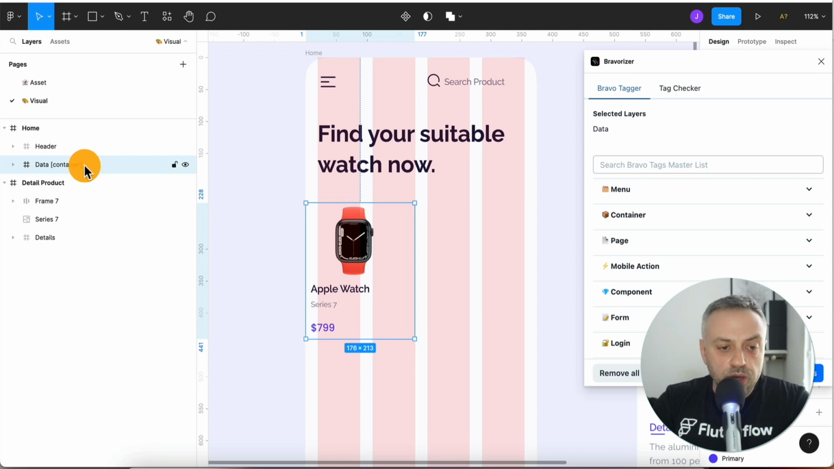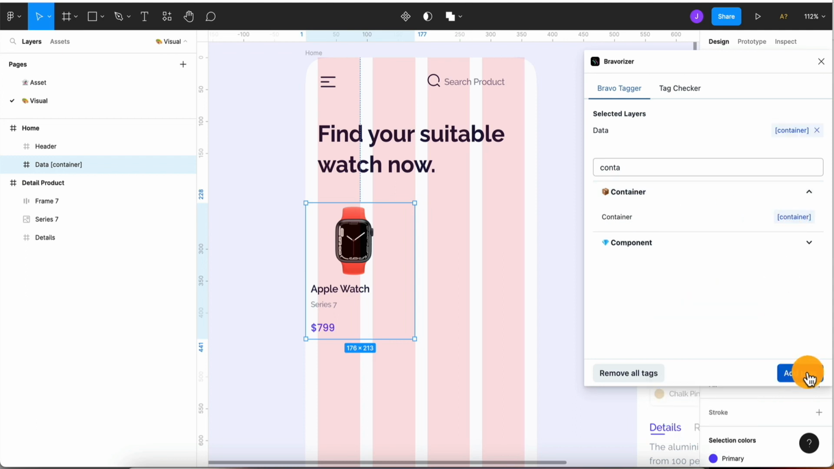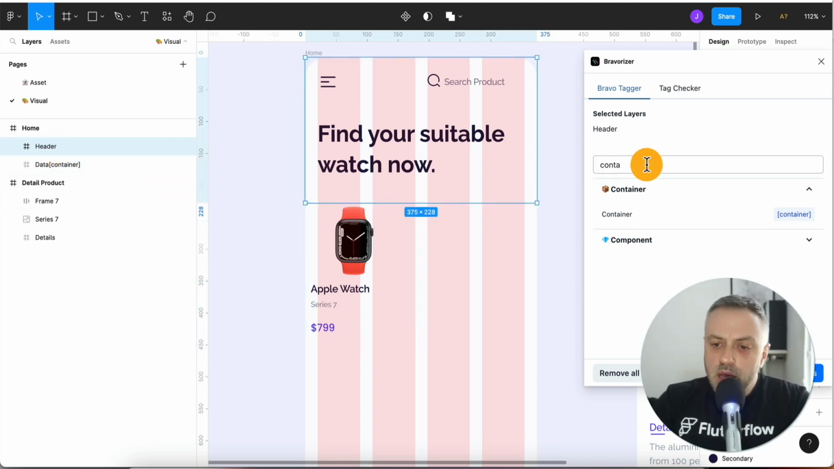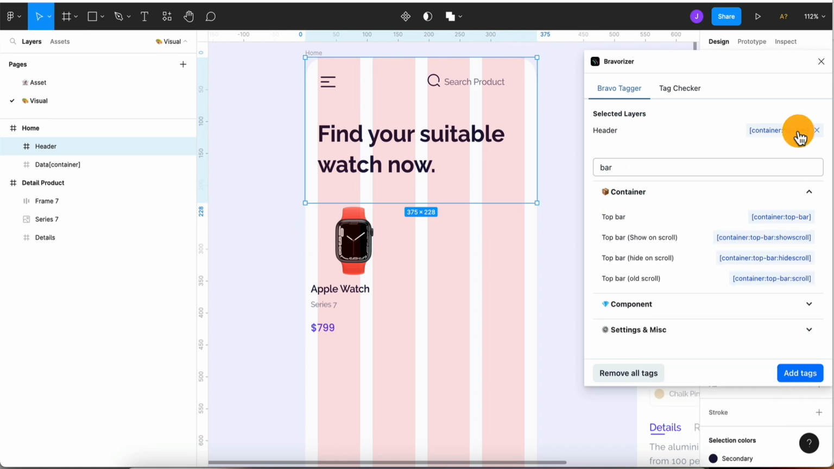Okay, another way of doing it is by clicking this container, coming in here and just searching for container. I found the container, picking this tag and saying add tag. Okay, and once I do that, it adds the tag. Now the same thing I can do for header. Header is going to be our top bar, so I can just search for bar. It says top bar, I can click on it, it's selected, and I can say add tags, and it added